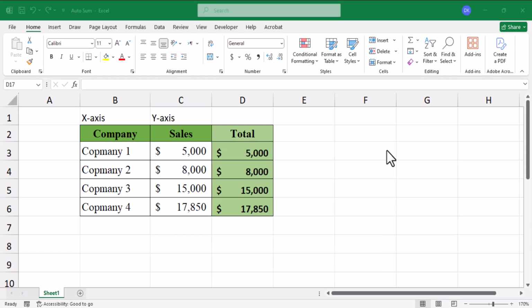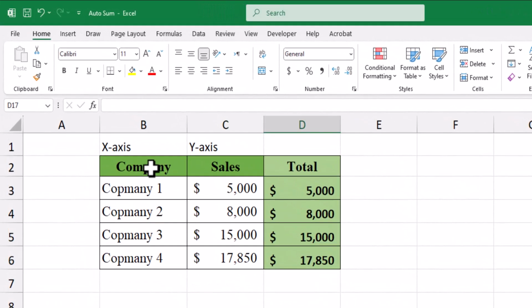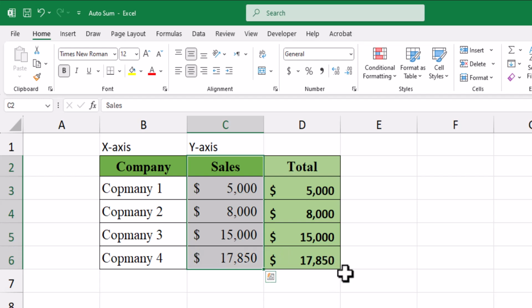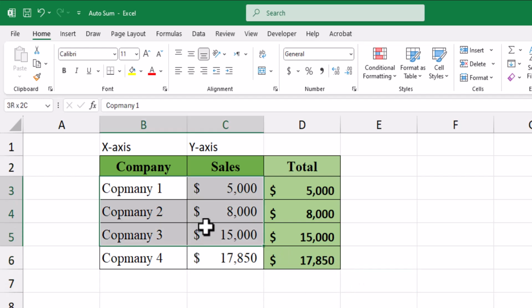Let us begin. In this table, here we have company and sales. Company column will be x-axis, sales will be y-axis. Select both of them,